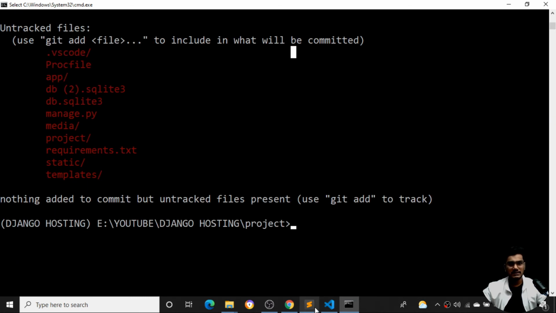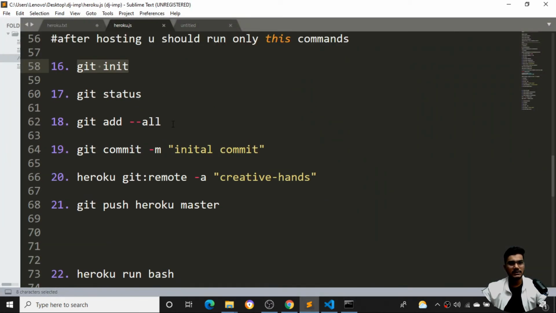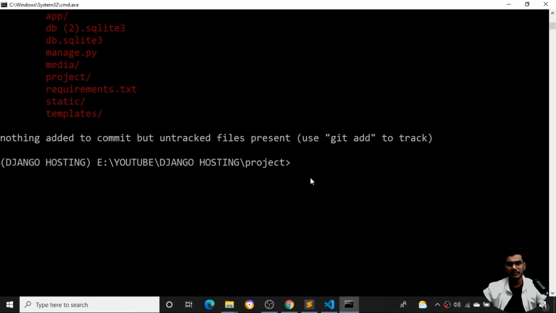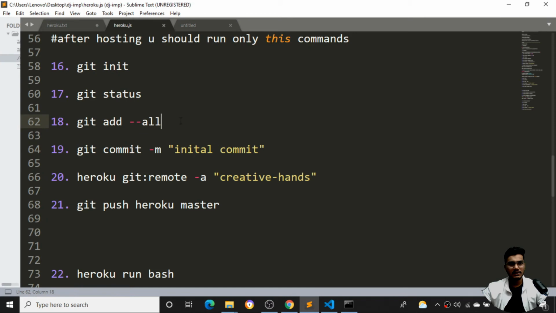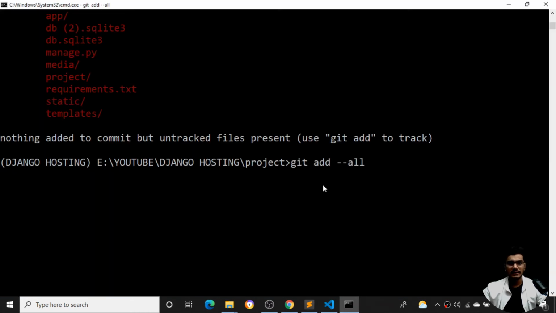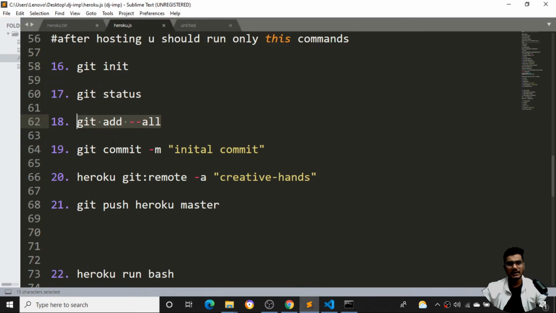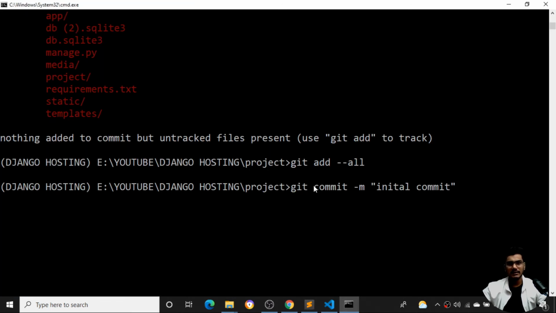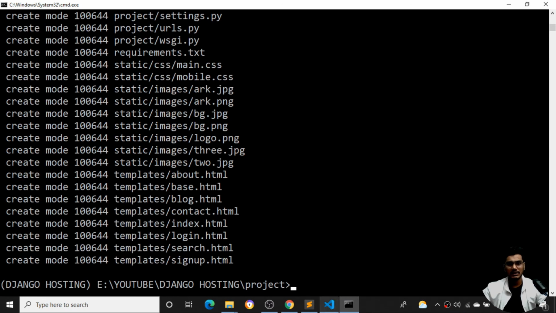Once the command has run, now I need to say git add everything, so everything is added to the git repository. I'll just copy this one command and right click to paste it. You can see I'm adding everything inside my git repository. Then I need to add this particular command, git commit. I will be committing all the changes. You can see everything is getting committed.